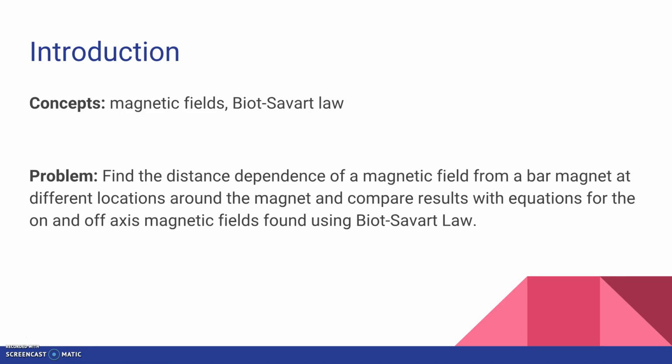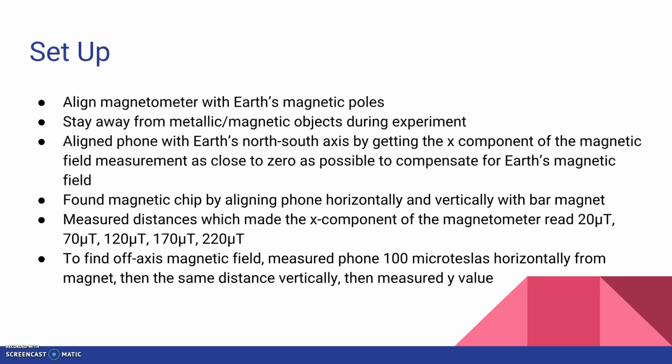The problem that I faced was finding the distance dependence of a magnetic field from a bar magnet at different locations around the magnet, and comparing results with equations for the on and off axis magnetic fields found using the Biot-Savart law. The procedure that I used during this experiment was first to align the magnetometer from my phone with